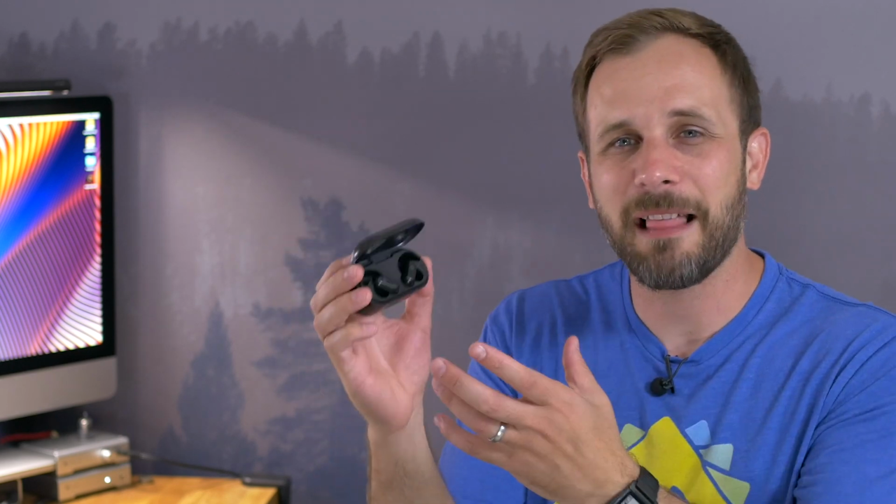They're a little bit big and they're a little bit bulky compared to some other true wireless earbuds. You'll see them in my ears, but I don't know, there's something about how well these things fit that makes me really want to like these things. And the sound, while it might not be my favorite tuning, it's definitely good enough that I wouldn't complain about, except I'm making a video where I do have a couple of little complaints. Forget that. What I'm trying to say is that I like the sound of these things. They're pleasant, they're relaxing, they're good for podcasts, and even pretty good for music. Unfortunately,